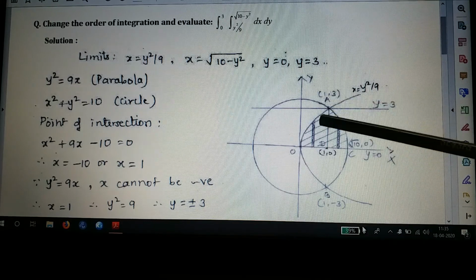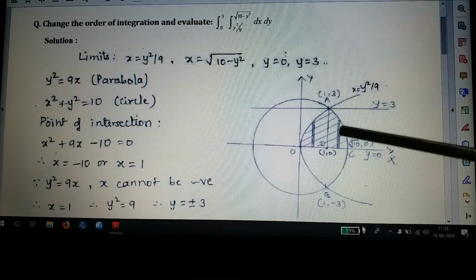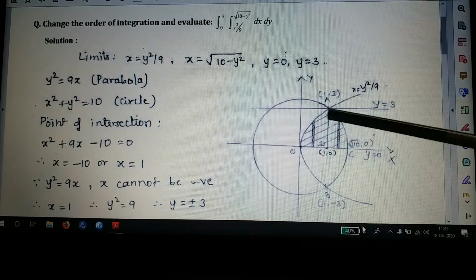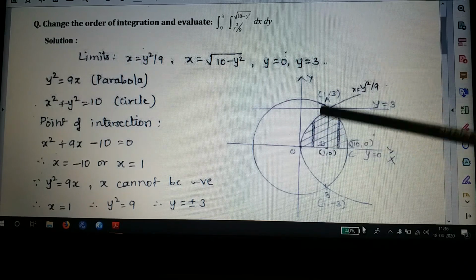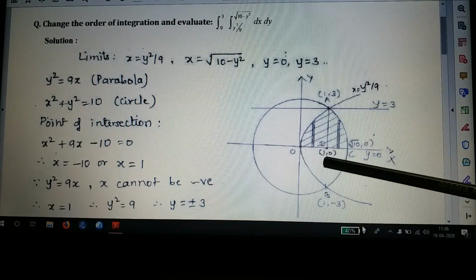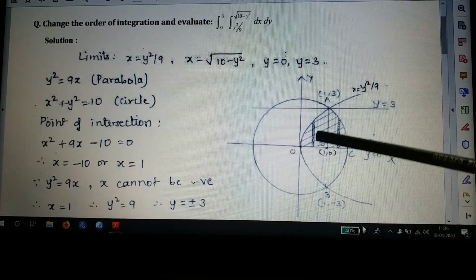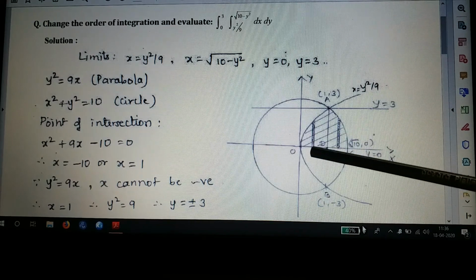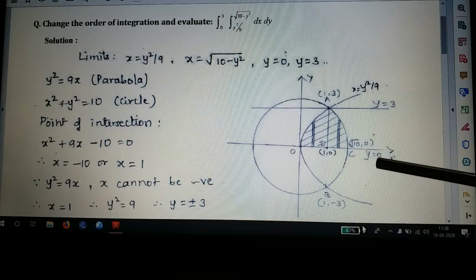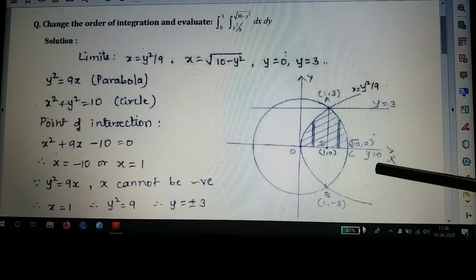So we have to now find limits for two double integrals corresponding to these two regions. Okay, now let us concentrate on the first region, OAD. Here, as I told you, the vertical strip starts from the x-axis. On the x-axis, y is 0. So that is giving us the lower limit for y.